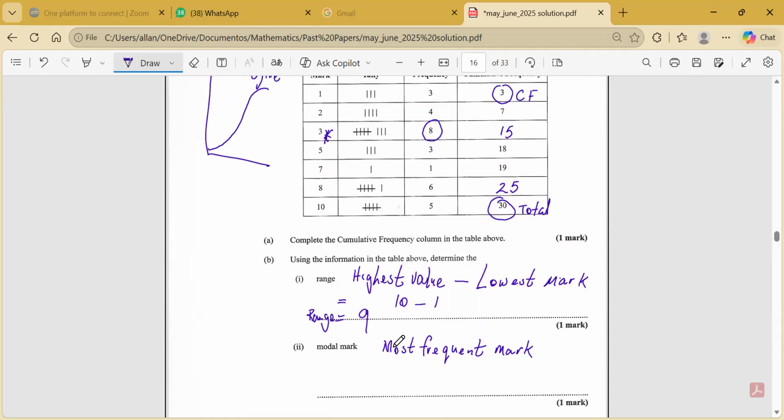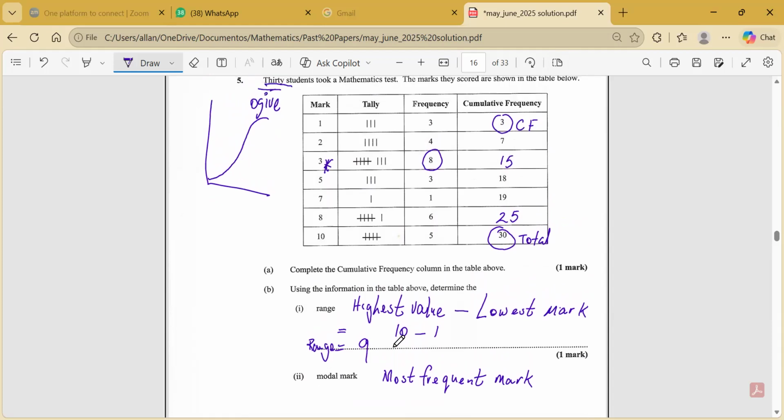All right, so the most frequent mark will be what? 8, sir. 3. No, 3, that's the frequency. So you have to look at the mark, what it corresponds to. So it will be what? 3. So there are 8 threes. So I want to